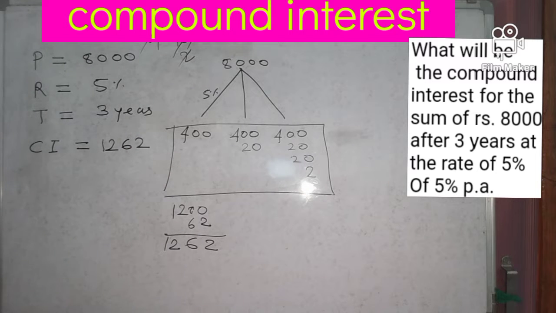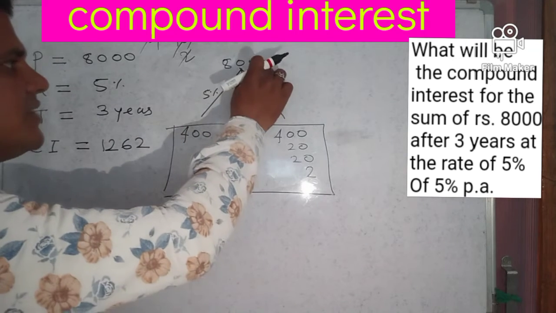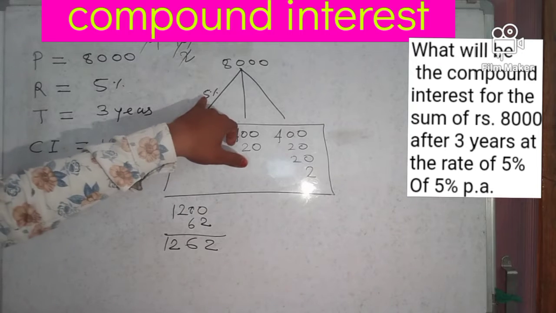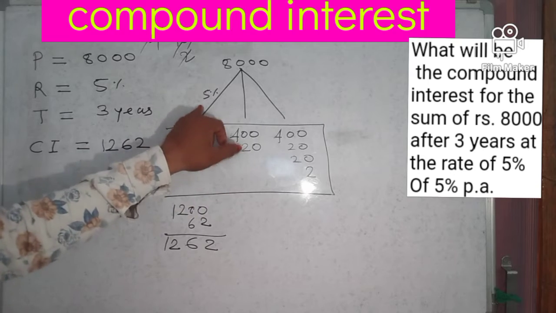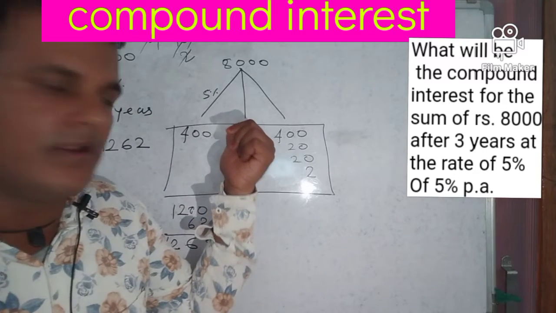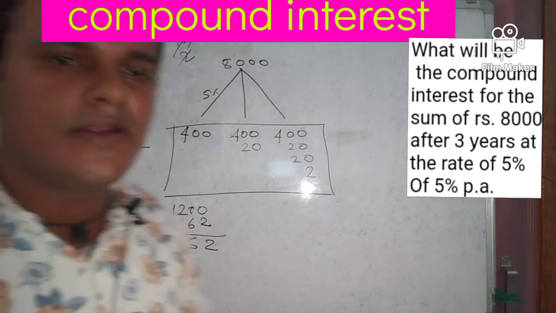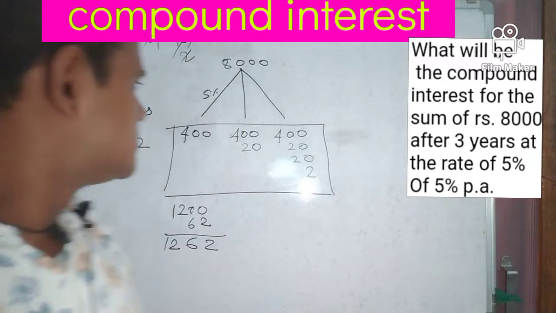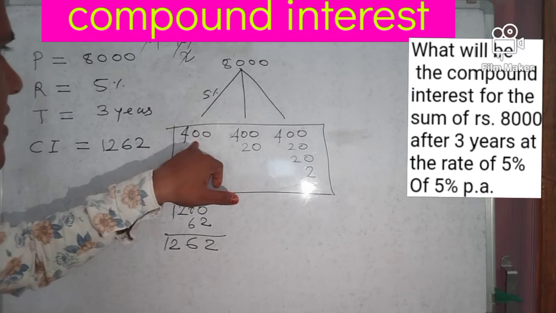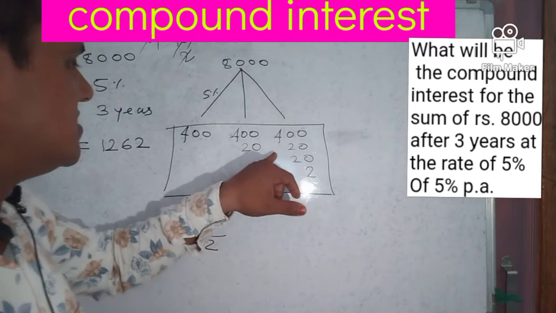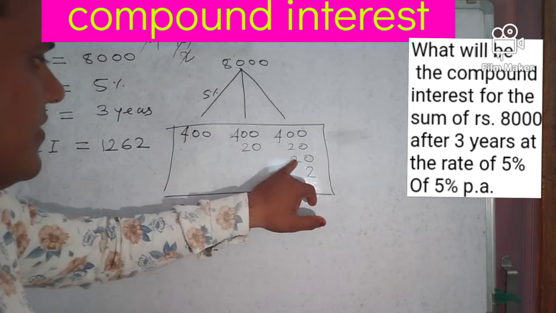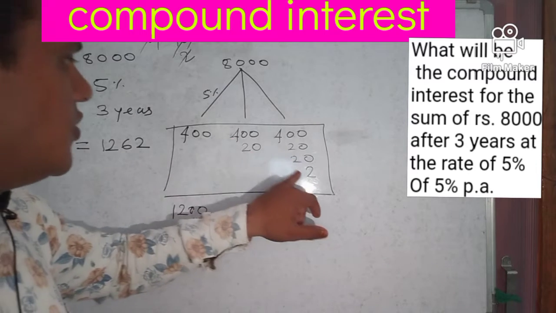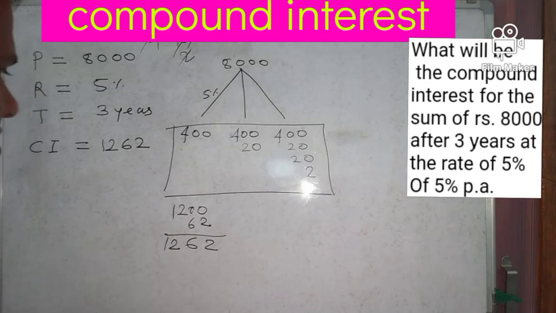So our compound interest is 1262. Friends, please see once again here. Our principal is 8000, right? We need 5%. So the first year will be 400 at 5%. The second year will also be 400 at 5%. But compound interest is interest on interest. So 400 at 5% will be 20. Similarly, in the third year, 20 comes from here and 2 comes from here. So the total compound interest is